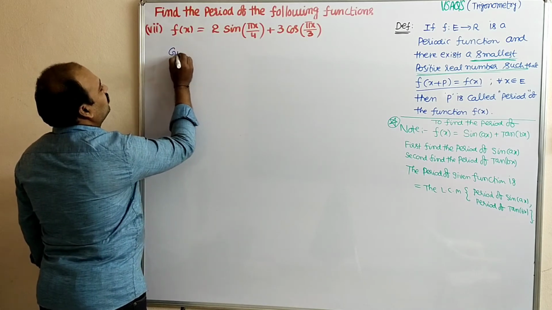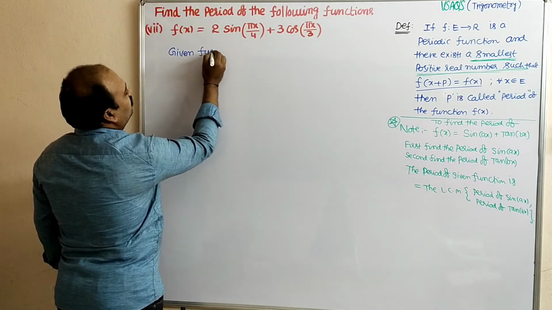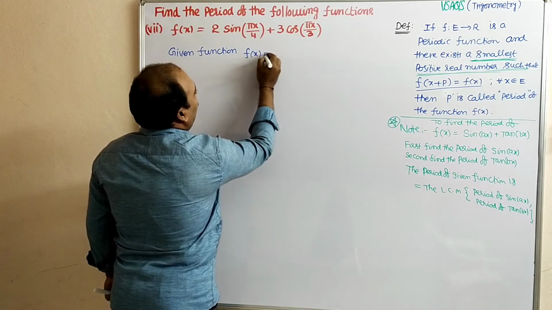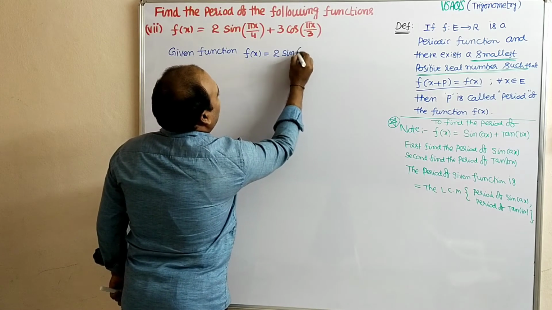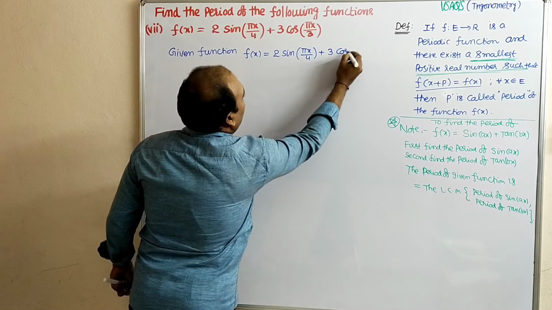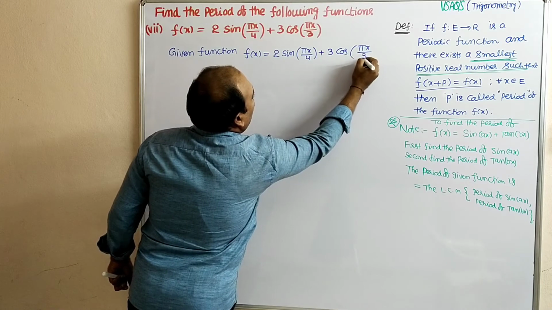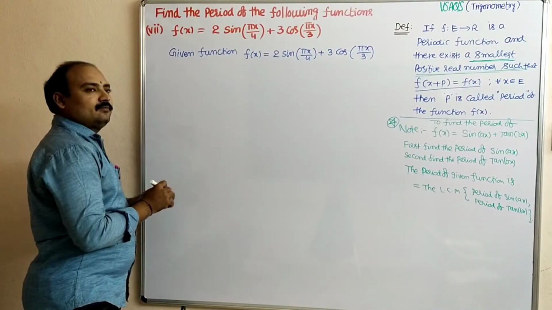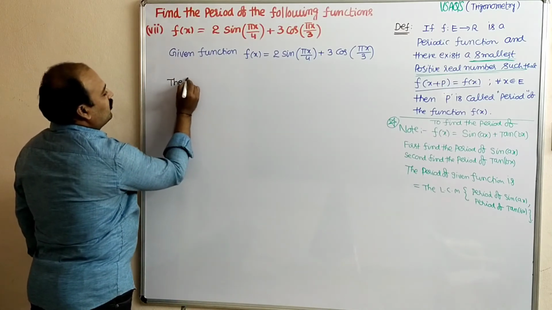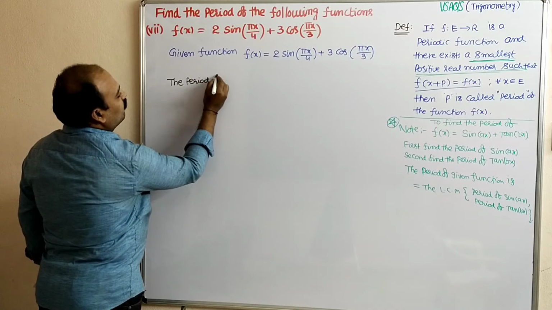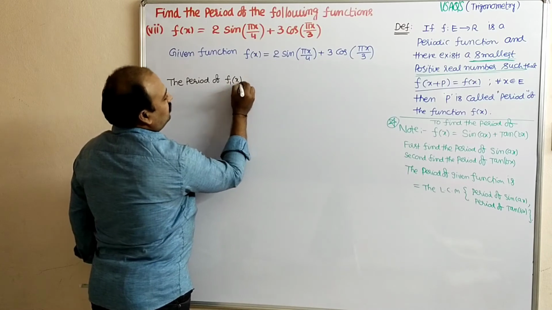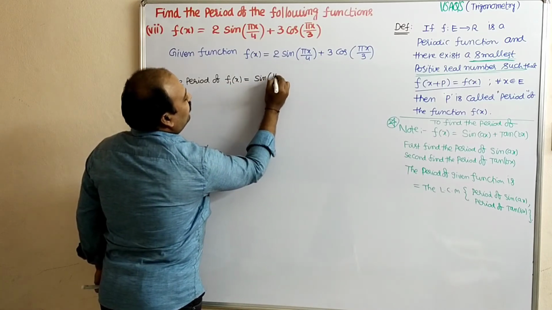First, the given function f of x equal to 2 into sin of pi x by 4 plus 3 into cos of pi x by 3. In that, first I am considering this function. The period of f1 of x, this I am taking as f1 of x, equal to sin pi x by 4